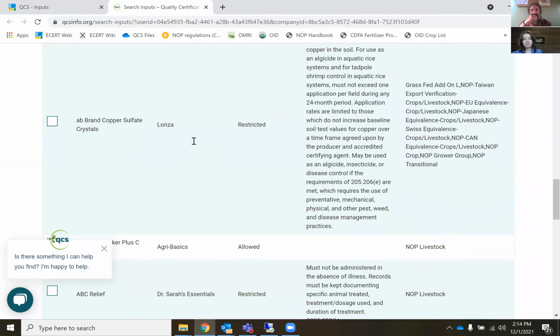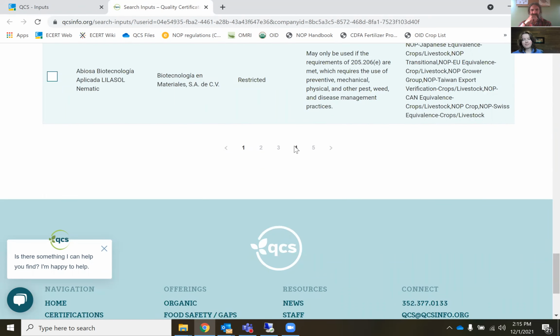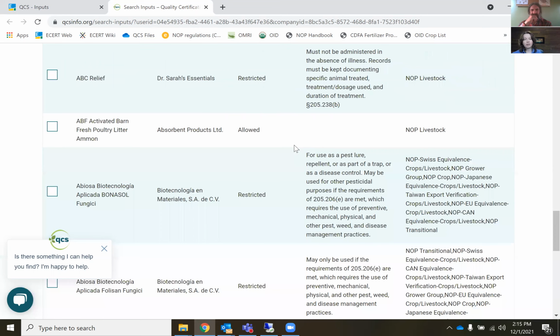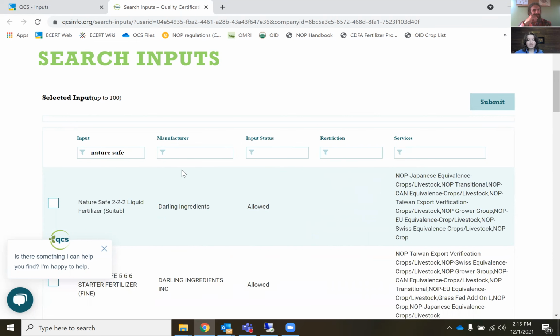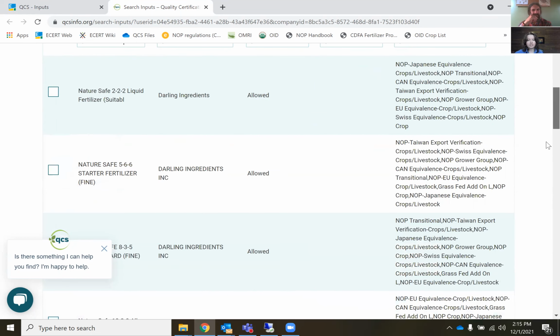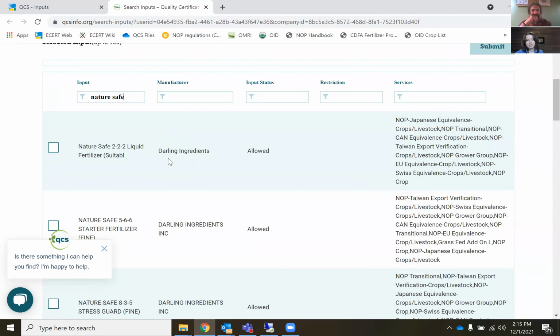You can definitely choose to scroll through those and explore that way, but it's a tedious option. So if you know what you have in mind already specifically to add with us, you can filter using one of the 5 filters here and just start with the product name. Manufacturer is another one you'd probably use a lot, but let's say Nature Safe. We know there's a bunch of those. Just typing it in automatically starts to filter through that list. And you might see duplicates of some of those inputs,